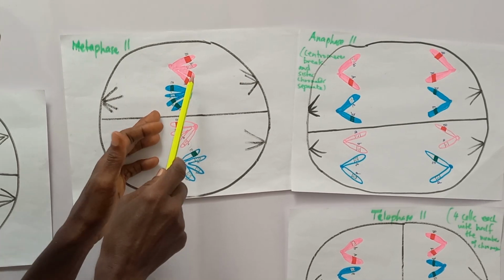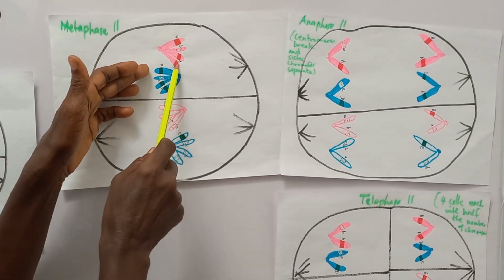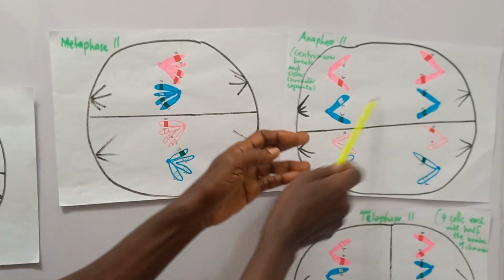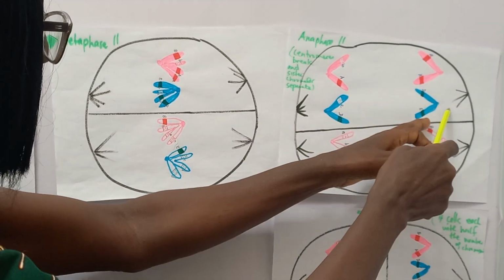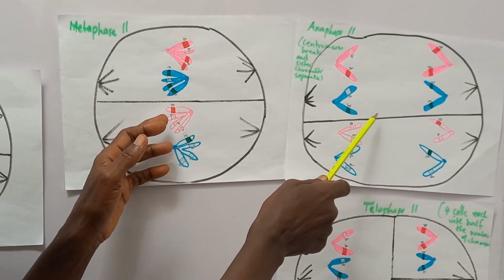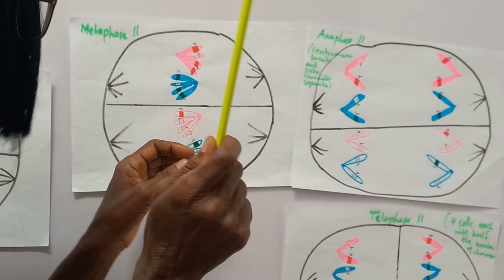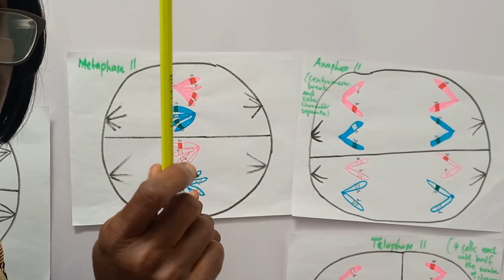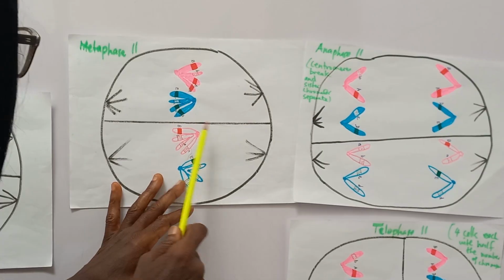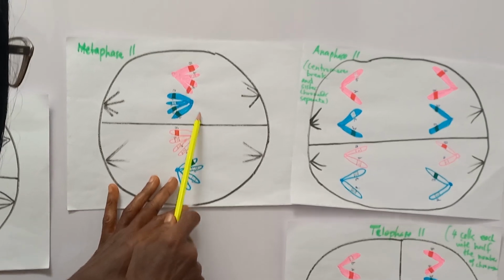But we could have had this sister chromatid, this one, going to the same pole with this. Why not? Why doesn't this go with this? It's possible. All the possible arrangements are possible. So there's an indication that some sorting out also goes on in anaphase 2,